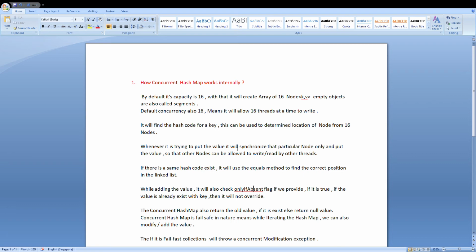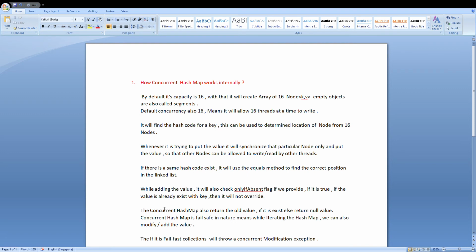Whenever it is trying to find out, it will loop internally and find the next node, and if it is not found, it goes through internal nodes again and again until it finds a match by checking the equals method, if the values are matched.